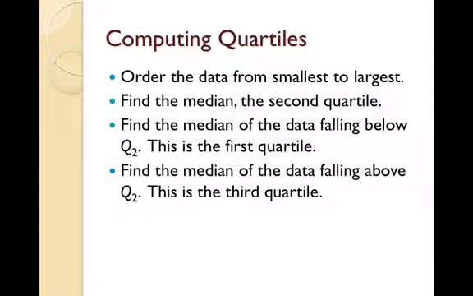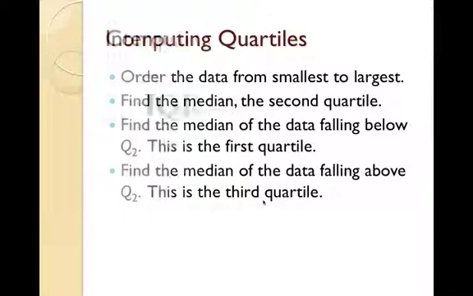So computing quartiles, you want to order the data from smallest to largest, and you're going to find the median, the second quartile. So you're going to divide it in two, find the middle value. Then you're going to take the first half and find the median of the data falling below Q2. The median of the overall distribution is Q2. So you're going to find the median of the first half of the data, and that's going to be Q1,